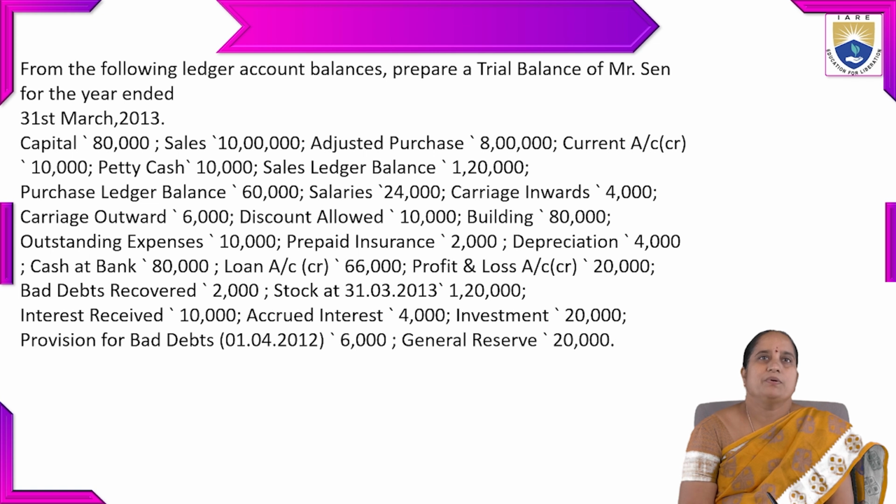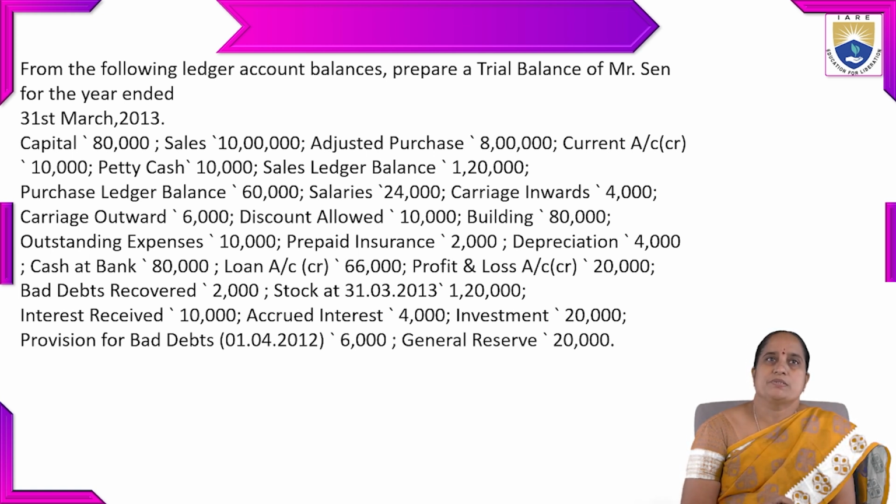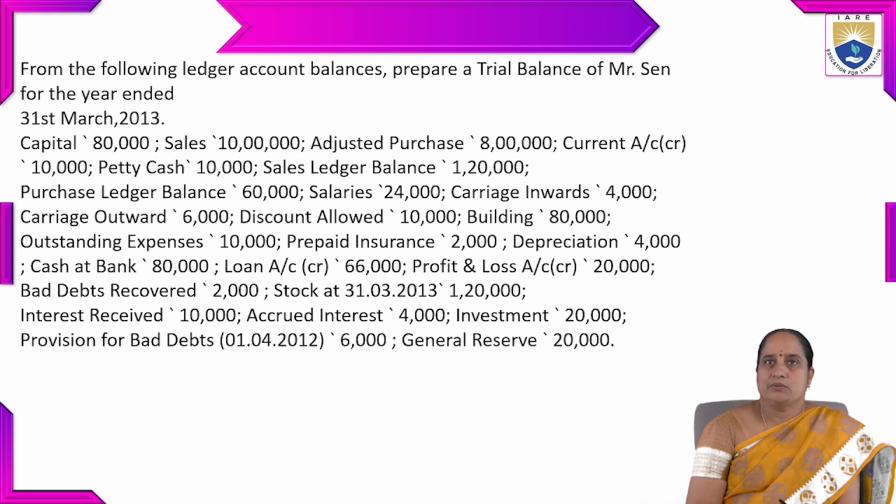Let us take one example. From the following ledger account balances, prepare a trial balance of Mr. Sen for the year ended 31st March 2013. So this is the information given: capital 80,000, sales 10 lakhs, adjusted purchase 8 lakhs, current account 10,000, petty cash 10,000, sales ledger balance 1,20,000, purchase ledger balance 60,000, salaries 24,000, carriage inwards 4,000, carriage outward 6,000, discount allowed 10,000,